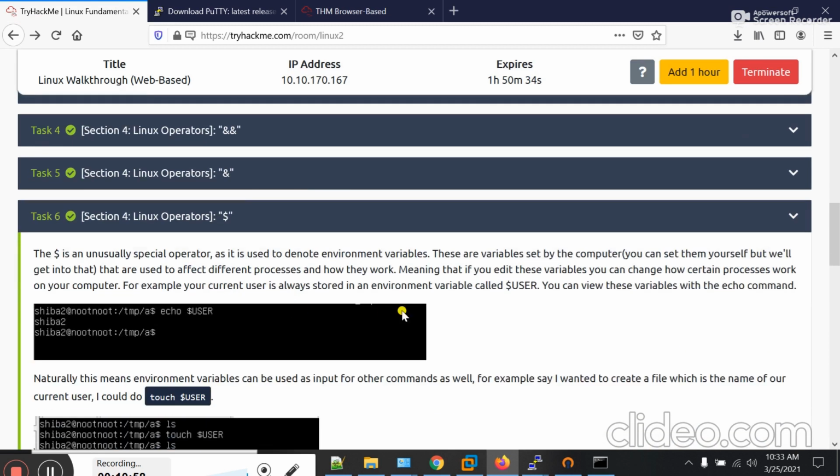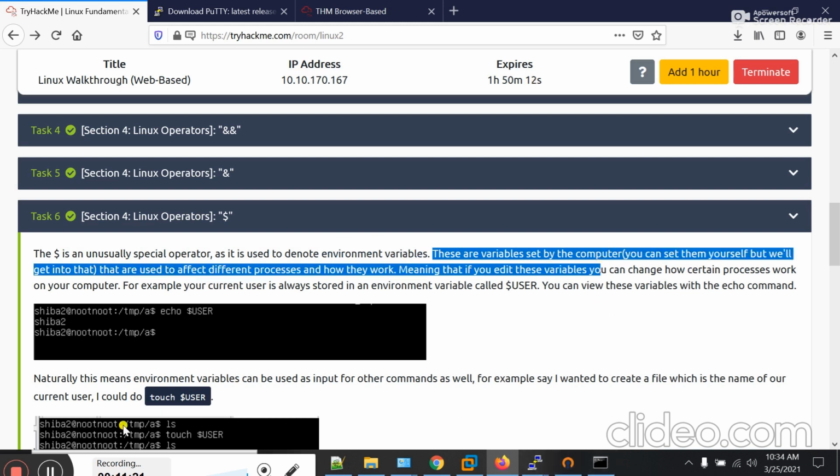In this task, we will learn about dollar sign. The dollar sign is an unusual special operator as it is used to denote environment variables. Basically, dollar sign will be used to represent the environmental variables. Environmental variables are created in the computer by default.